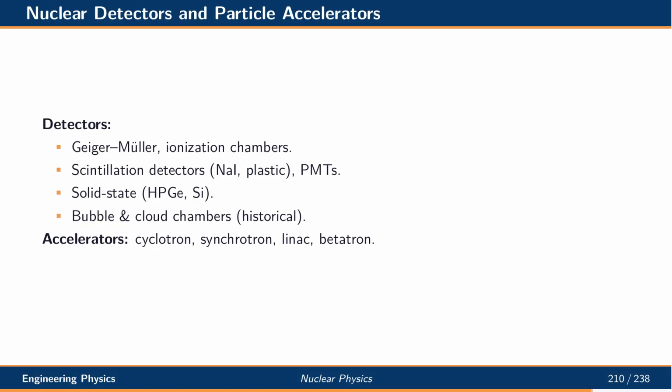Several detectors measure nuclear radiation. Geiger-Müller counters and ionization chambers are simple gas-filled devices. Scintillation detectors such as sodium iodide or plastic, combined with photomultiplier tubes, give fast response. Solid-state detectors like high-purity germanium and silicon offer excellent energy resolution. Bubble and cloud chambers were important historically. Accelerators include cyclotrons, synchrotrons, linear accelerators, and betatrons used